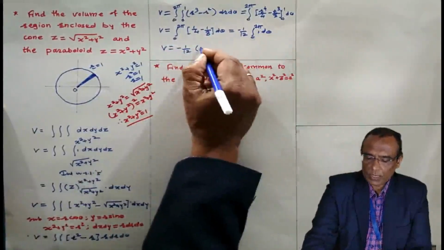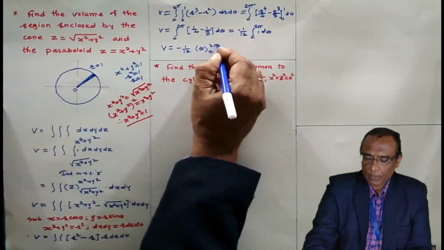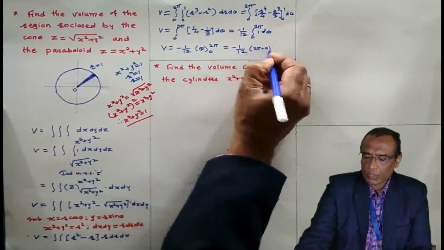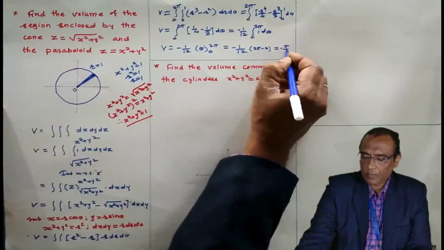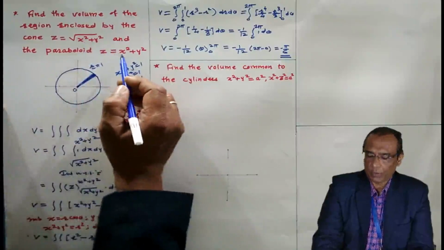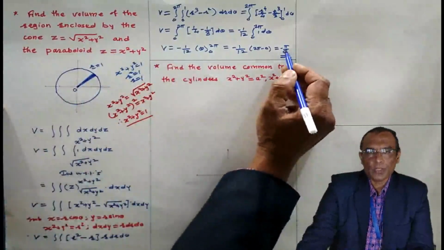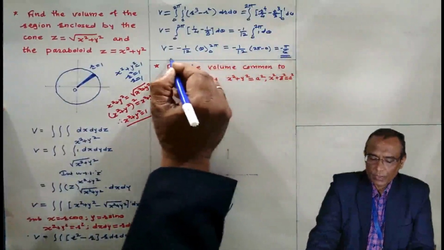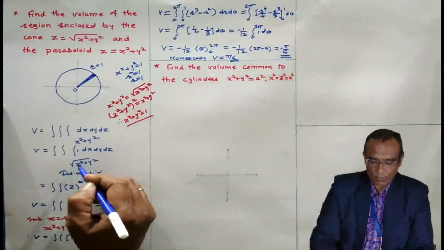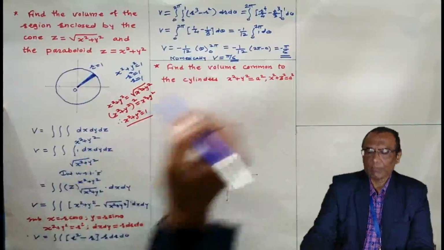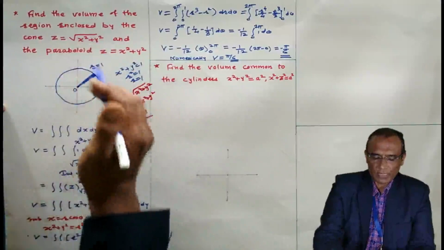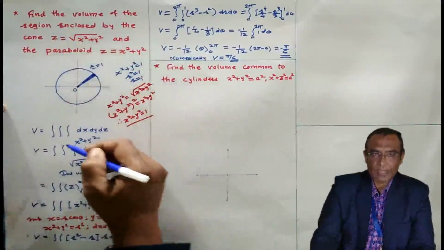Integral of 1 with respect to theta is theta from 0 to 2 pi. Therefore, minus 1 by 12 times 2 pi minus 0 means minus pi by 6. Minus pi by 6 is the volume enclosed by this cone and this paraboloid. Here, practically the volume is positive. Therefore, numerically you can say volume is equal to pi by 6. This has happened because we have written this as lower limit and this as upper limit. If you interchange the limits, it will be positive, but we have not drawn the cone and the paraboloid on the sheet, and that's why I directly took the values of z as the limits, and we have solved the problem.